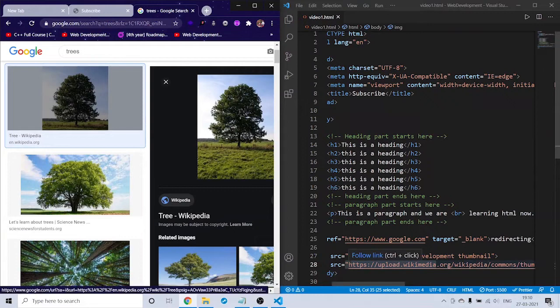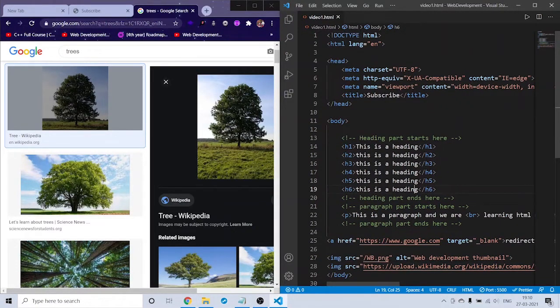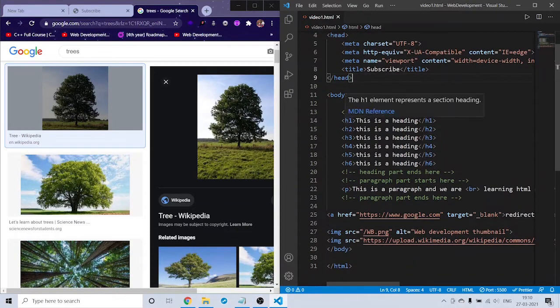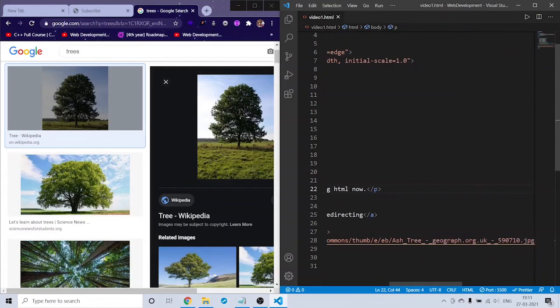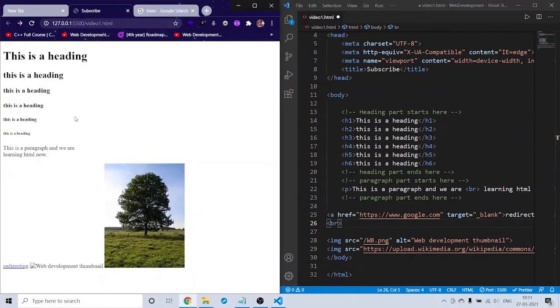Okay, so what we learned today is the boilerplate, doctype HTML, the head tags and the body, and we learned about h1 and paragraphs. If you want a break, we give a br tag. If you want, you can give your br tag here after this link. Let us see the changes.